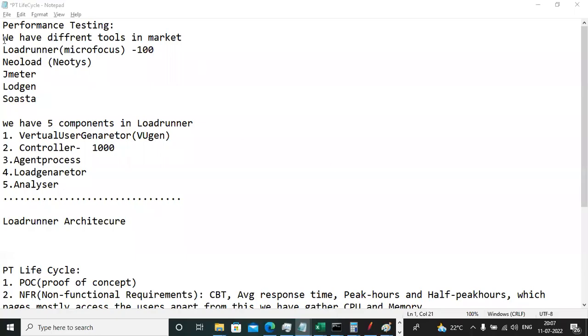We have the different tools in the market: LoadRunner, NeoLoad, JMeter, and LoadGen. These are all tools available in the market. But actually, in maximum MNC companies, 99% of companies are using